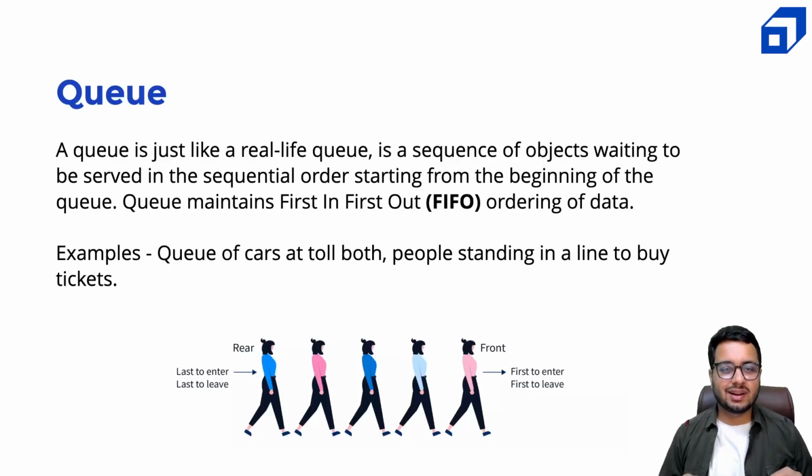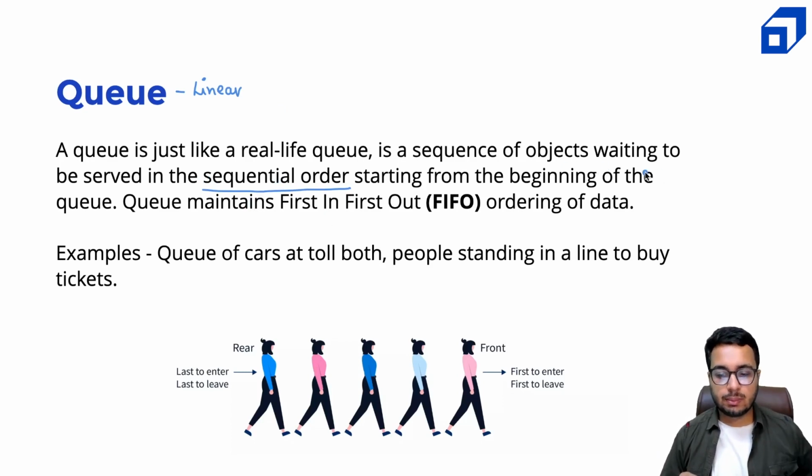So let us start by understanding the fundamentals of a queue. What is a queue? A queue is just like a real life queue. So in most general terms, a queue represents a sequence of objects waiting to be served in a sequential order. One thing you need to remember is queue is also a linear data structure, like other linear data structures you have seen so far: arrays, array lists, stacks, linked list. Queue is also a linear data structure that stores the data in the sequential order, starting from the beginning of